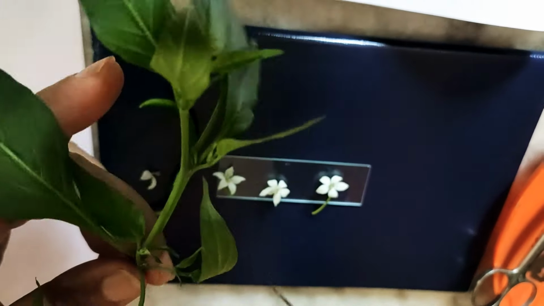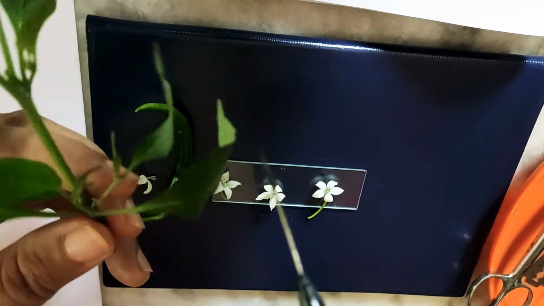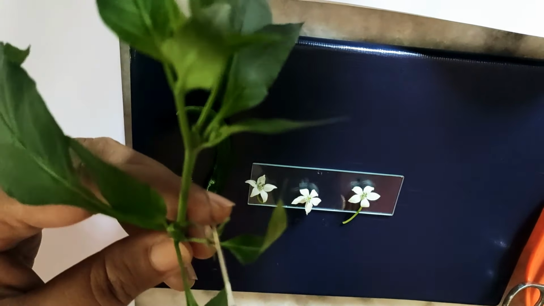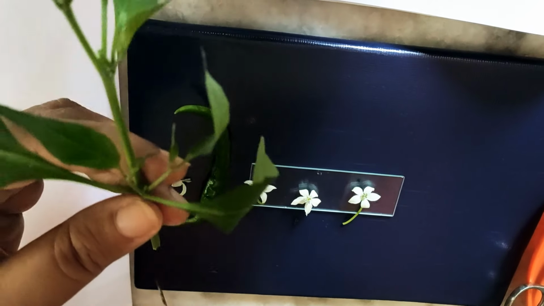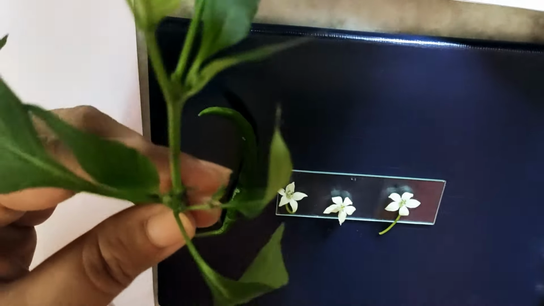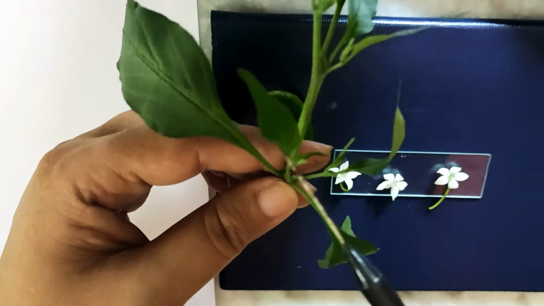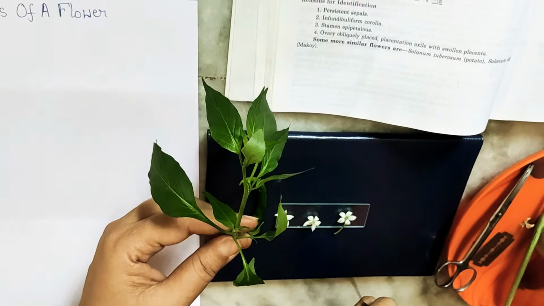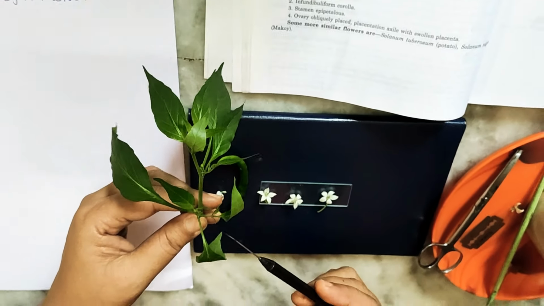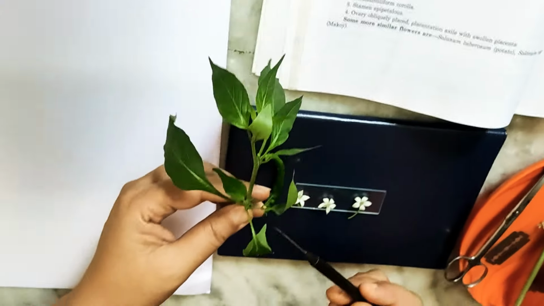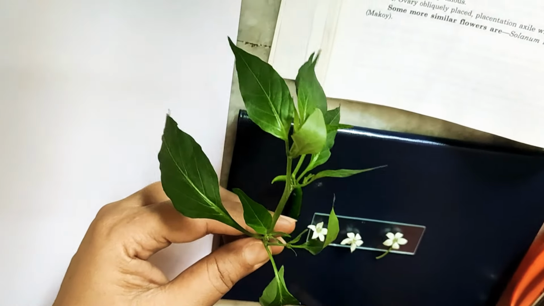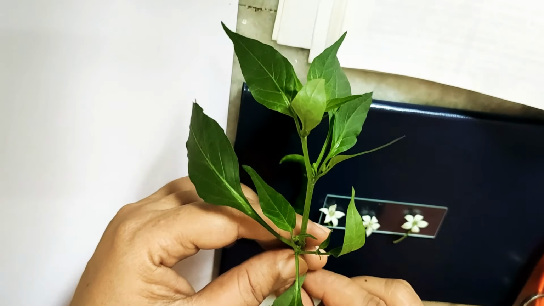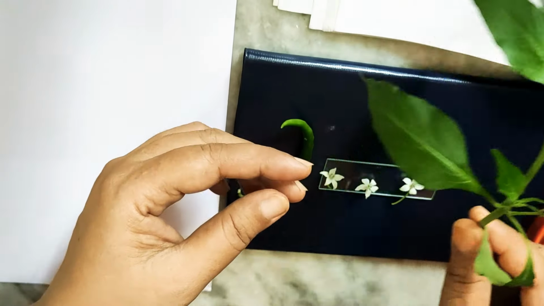This type of characteristic is a characteristic of a dicot plant, and dicot plants mostly have a taproot. So plants belonging to the Solanaceae family have the taproot system. The Solanaceae family is one example. You can take some other examples, such as the petunia flower. Also you can take Solanum tuberosum, which is potato, or even tomato, which all belong to the Solanaceae family.